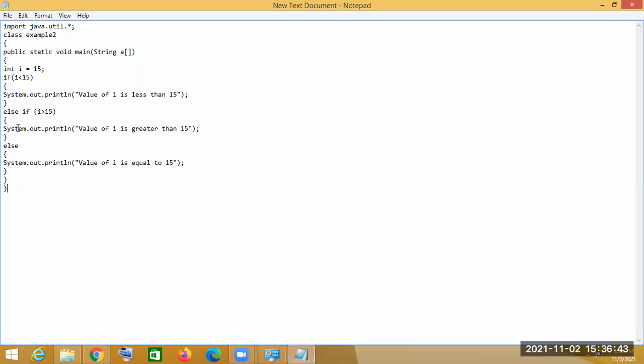Inside the main we have used int i = 15, and the else condition is that it will be equal to 15.